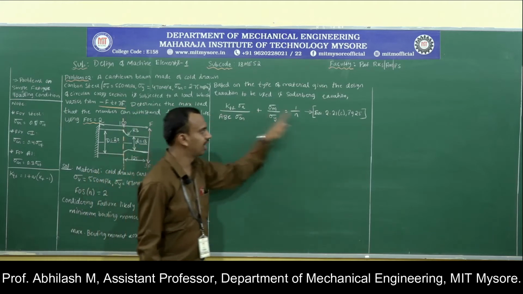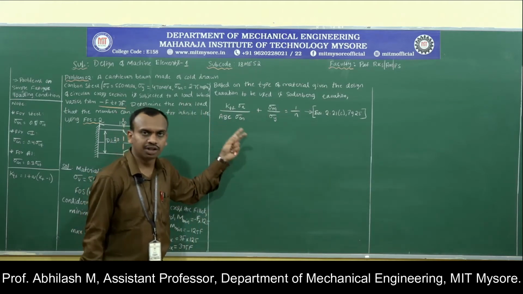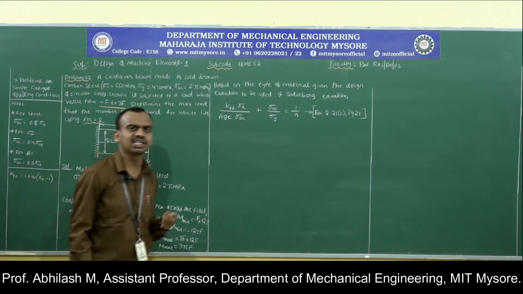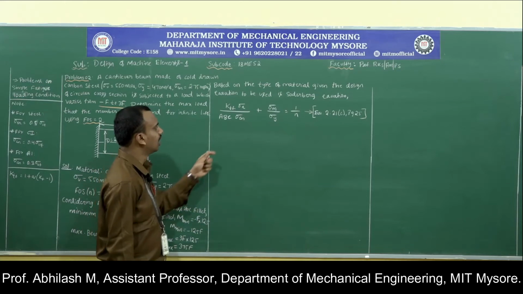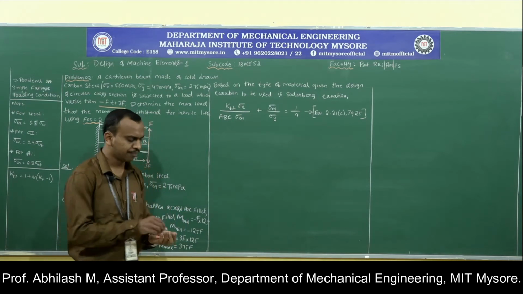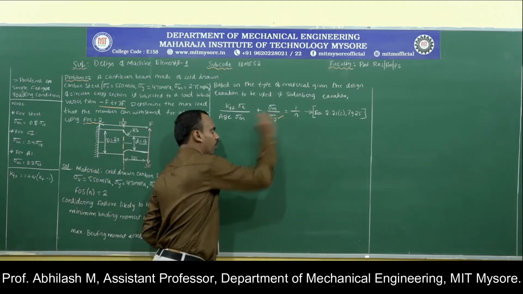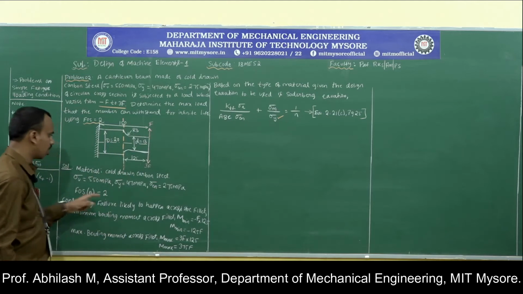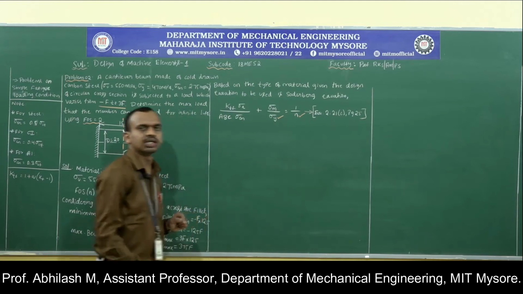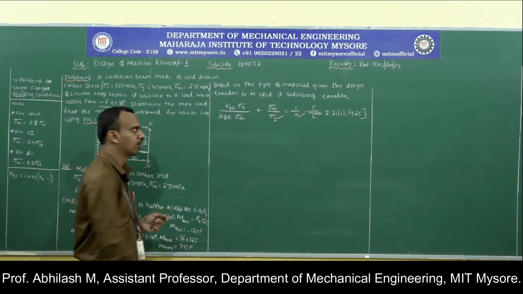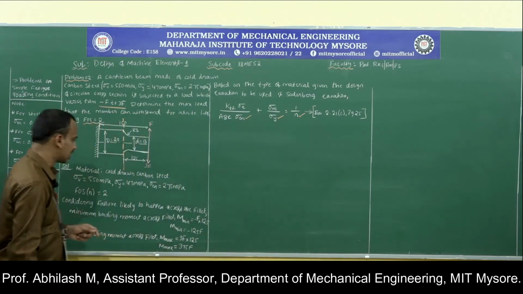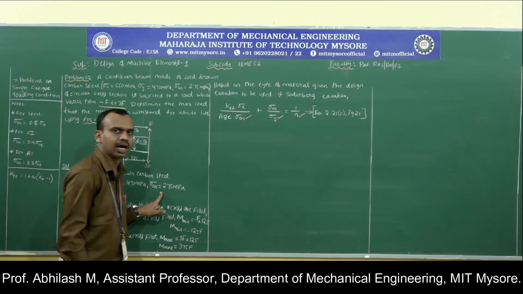So, we are supposed to identify each and every one individually, then substitute in the equation and determine the unknown, which is the maximum load, that is F basically. So, to begin with, let us try to identify the mean and the amplitude stress, because we already know the value of sigma y given in the problem, which is 470 megapascal. We also know the factor of safety, which has a value of 2 specified in the problem itself. Similarly, they have also given us the value of sigma endurance, which is 275 megapascal.